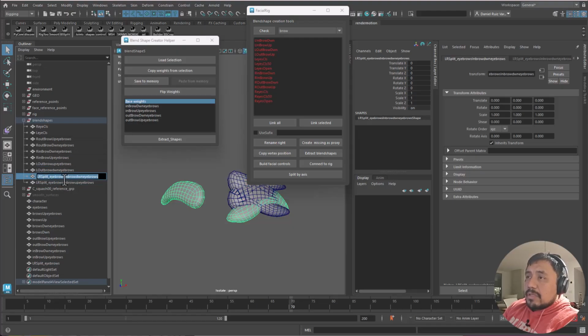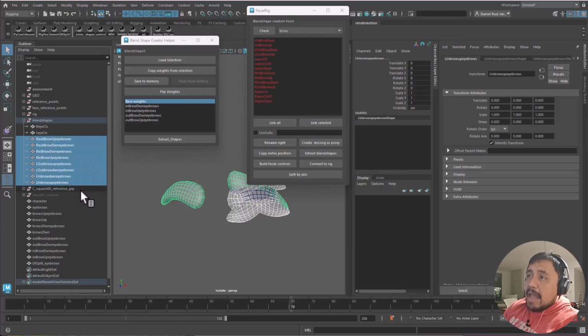Here I'm going to select these ones, and I'm going to name it left side. Left in brow down. I'm going to select this one. I'm going to name it left side. Left in brow up. So these are the eyebrows blend shapes. So I'm going to put them in